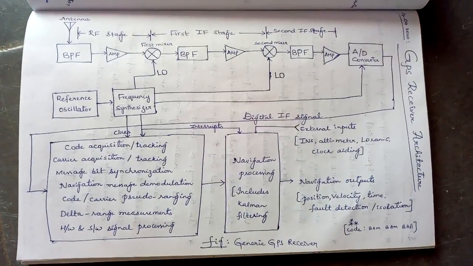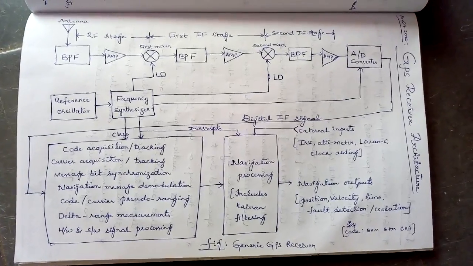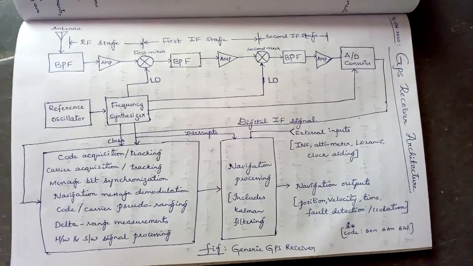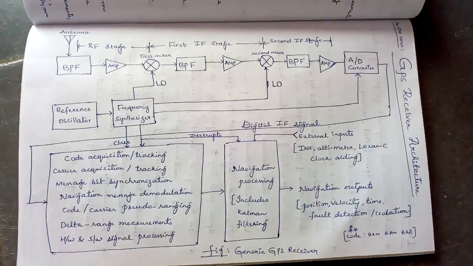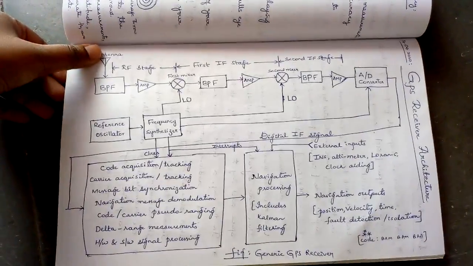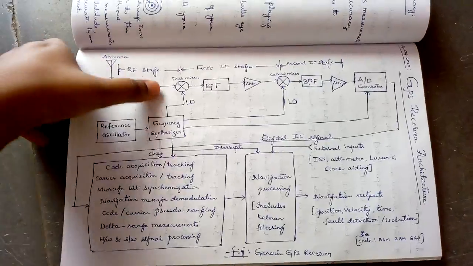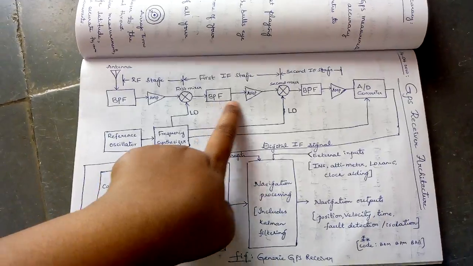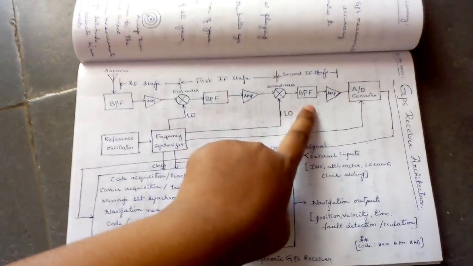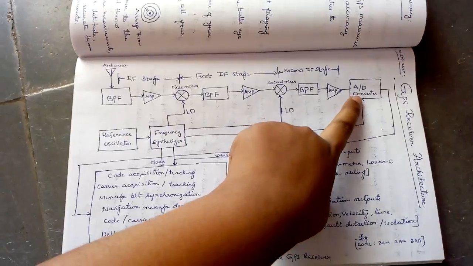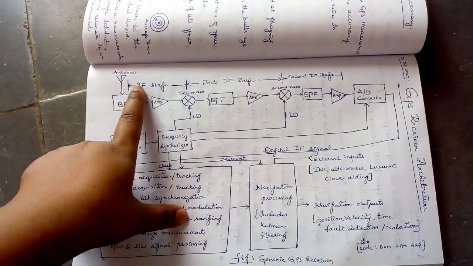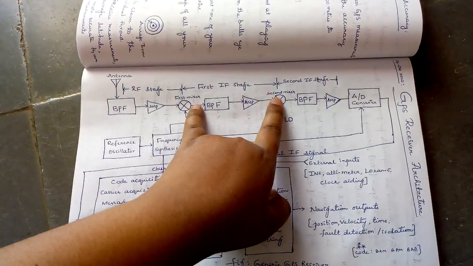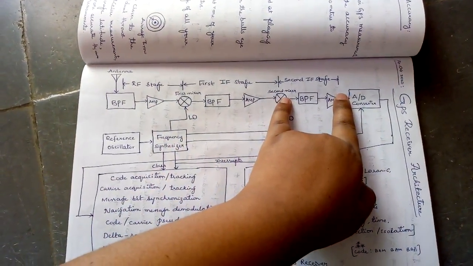Let us discuss GPS receiver architecture. This is the figure of a generic GPS receiver. This is the antenna, band pass filter, amplifier, and this is the first mixer, band pass filter, amplifier, second mixer, band pass filter, amplifier, A to D converter. This is the RF stage. This is the first IF stage, from this mixer to this mixer, and this is the second IF